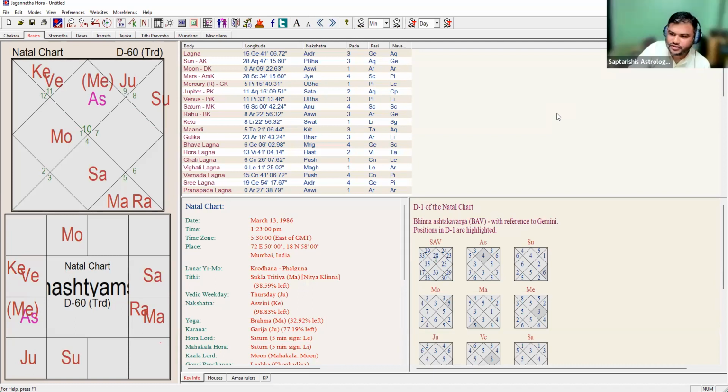Yeah, so I'm saying if you read this BPHS and any classical book, you will not see any charts. First point, no Rishi is using any chart. Second, there is no mention of aspect. There are some shlokas which are translated as a planet aspecting something. That is a wrong interpretation. I have a list of those shlokas.